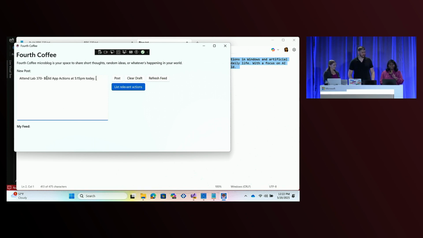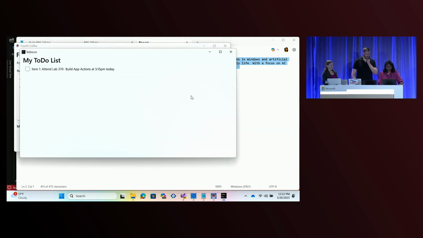Okay, all right, so that's an action, that's an item I want to add to my to-do list. When I click here, the first action that is listed in this menu flyout is in fact my to-do list action. There is a very enticing summarized text action as well. We will get to that in a few minutes. Let me go ahead and add my action to the to-do list. So click on that, voila, my item has been added to the to-do list app that I've been authoring.